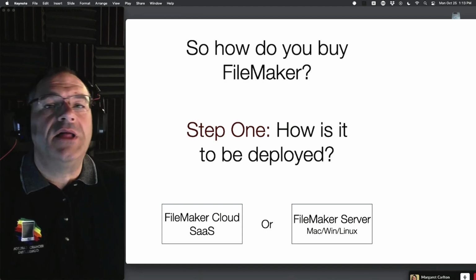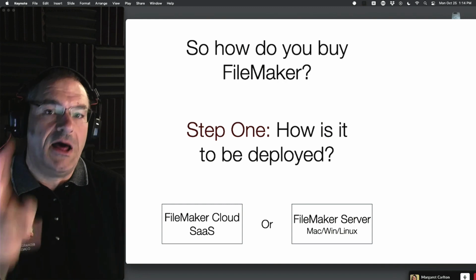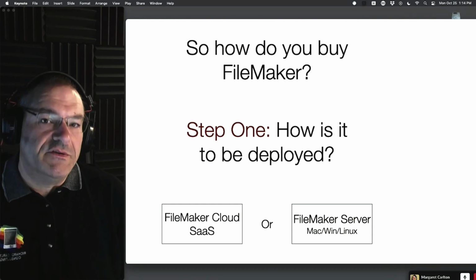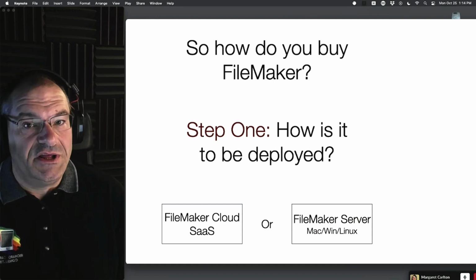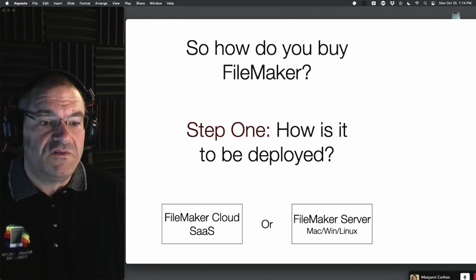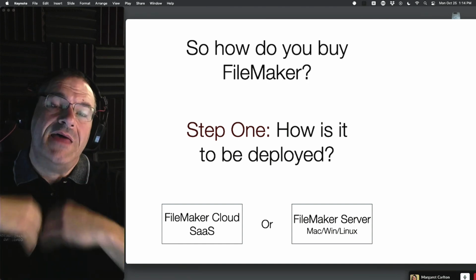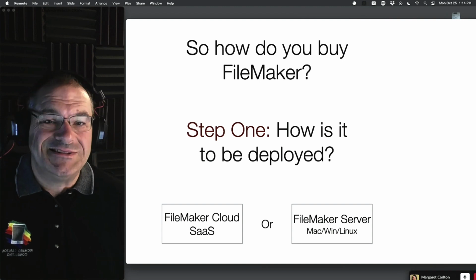So you got FileMaker Cloud, which is software as a service. This is the new service. This is Cloud, what we call Cloud version 2. This is a service that Claris has put together. They took the FileMaker Server product, essentially. They took a server on Amazon, they put it together on their own, and they resell that as a simple service. It works pretty well. It has a lot of limitations.